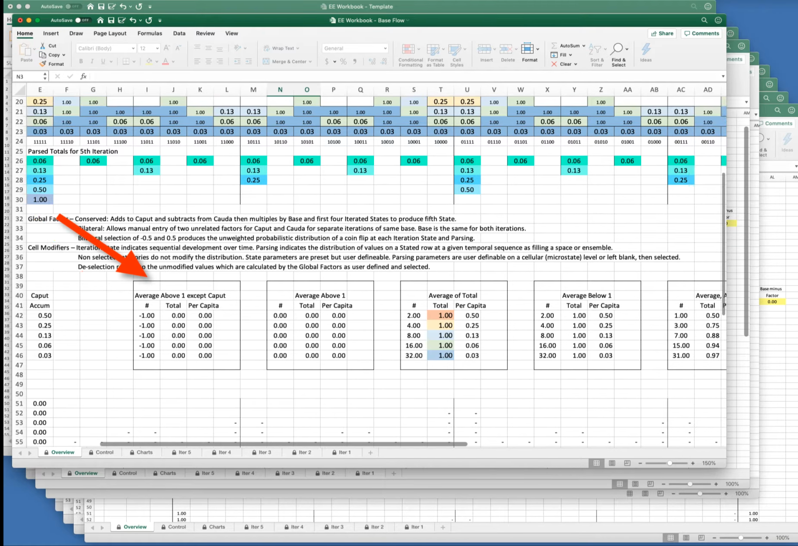On the overview sheet, the 5 boxes below the distribution, though not of much interest now, offer averages of various totals and subtotals above and below 1 for each of the 5 iterations. Going back to the control sheet,